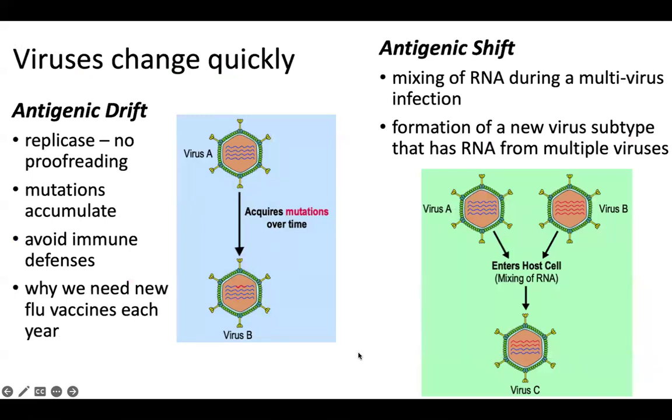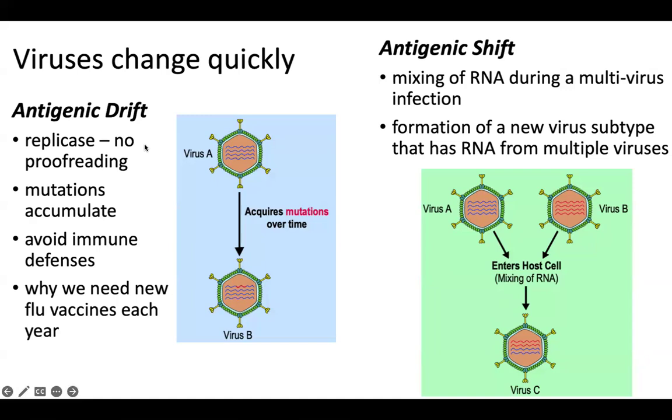All right, and viruses change very quickly. And so I'll just talk about this pretty briefly. There's two kind of names given to the way that the viruses change. One is antigenic drift. And so the major reason here is that replicase, so that enzyme that they're using to make copies,